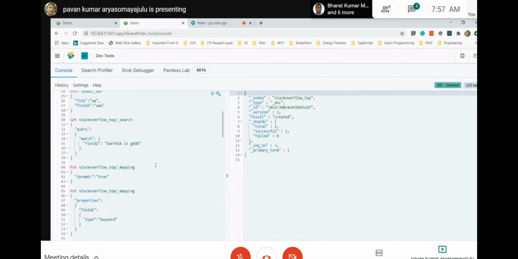So we have like 3 options. One is true, which is nothing but it allows dynamic field creation, and then the other one is strict, which will actually restrict us to add new fields without specifying in the mapping. And the third one is false. So what happens with false is,